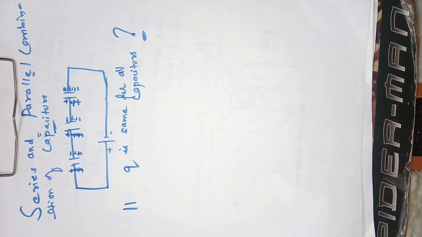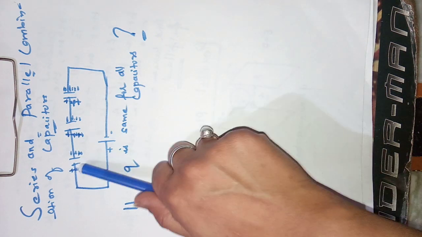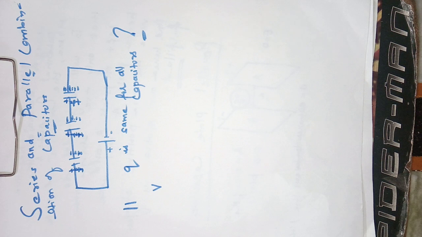Another step. You want to get a simple thing into your mind: if the value of charge is the same for all the capacitors, then we need to calculate the voltage across all three of them. We have three capacitors in our combination, so we need to calculate the voltage across all three capacitors. We sum them up and we will evaluate the total voltage.